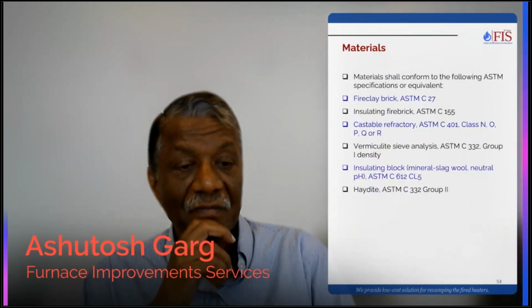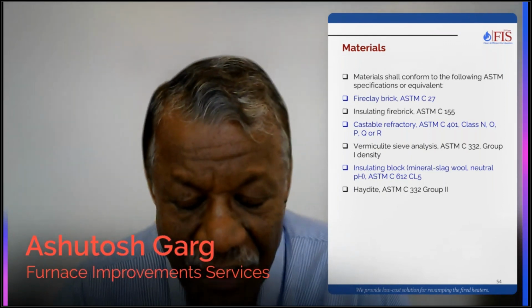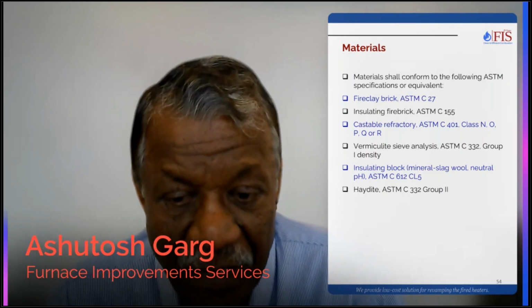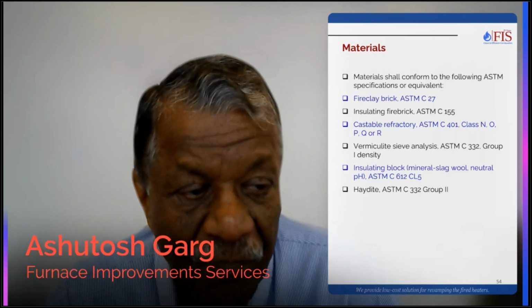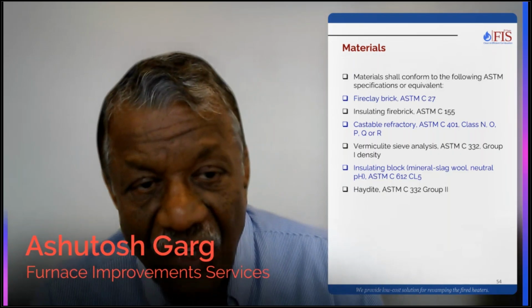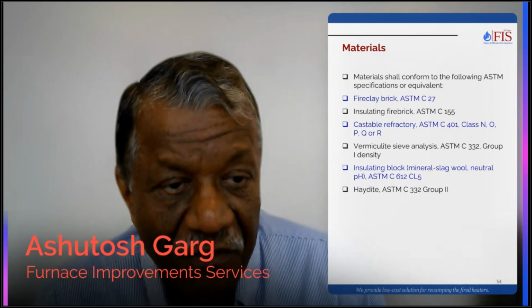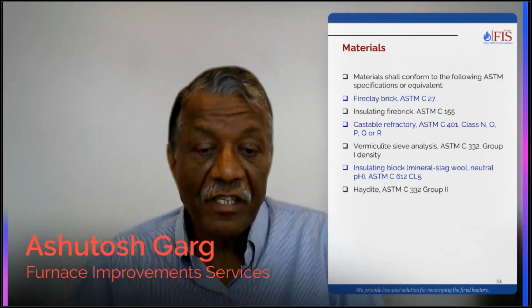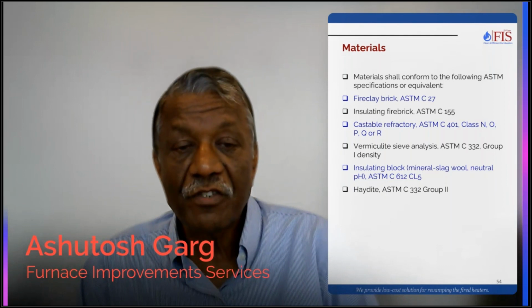Another good thing that comes to your rescue is ASTM. Every castable, every refractory material has been defined by ASTM. So if you specify ASTM or if you specify API 560, you will be covered. Firebricks are by ASTM C27, insulating firebrick C155, castable refractory C401. So all these ASTM standards apply. So there is a pretty good safety net built in, which won't let you go wrong